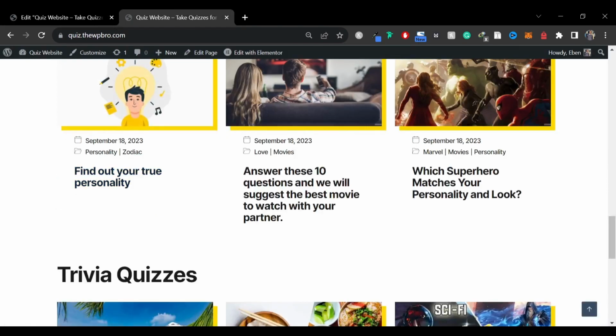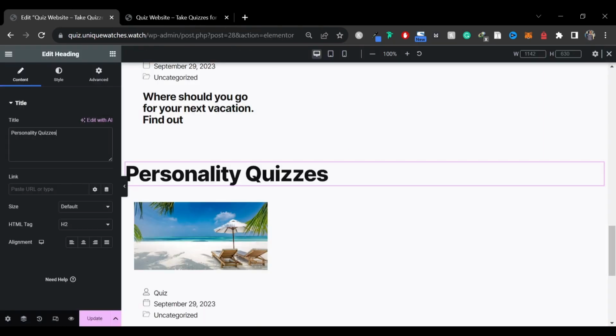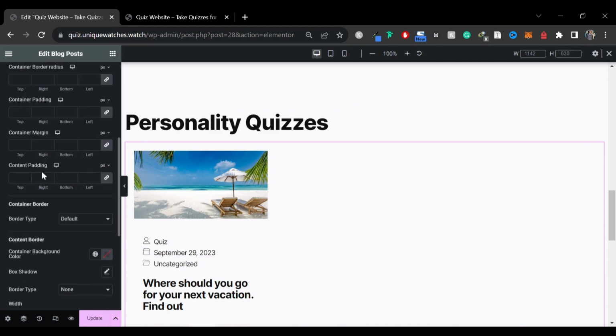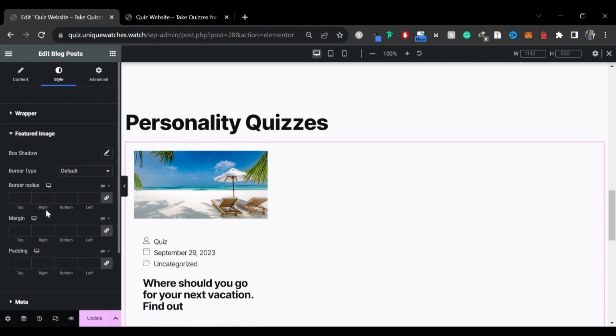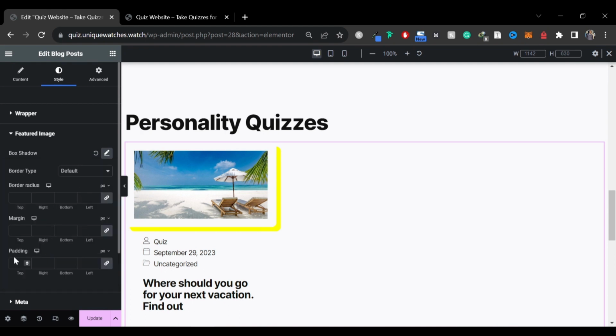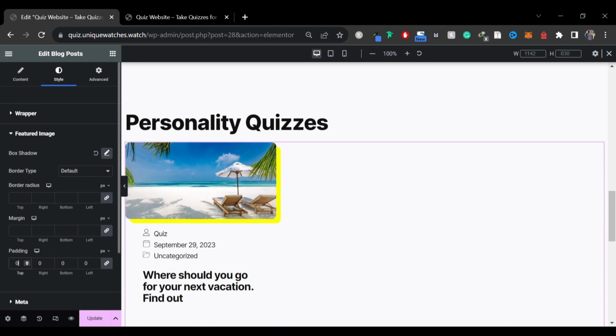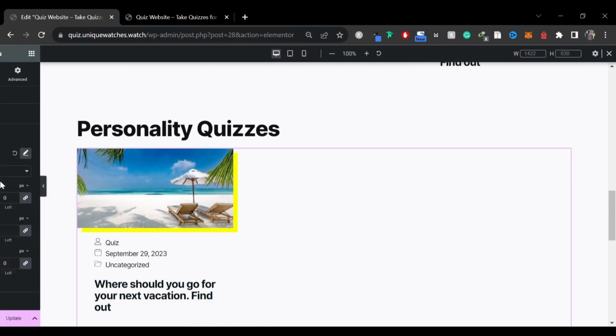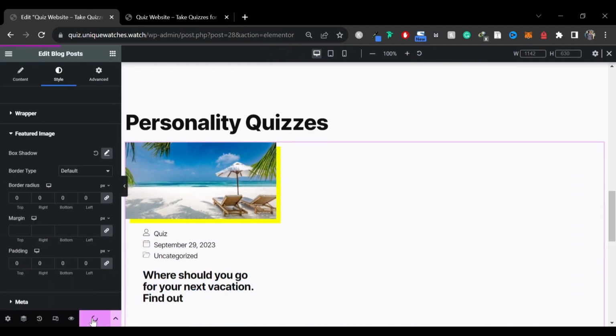For the next one, we're going to copy this, and we're going to paste it here. So let's edit these widgets, and we're going to come to style, and we're going to come to featured image. So right here, we're going to select this box shadow option, and all right, we're going to give it 10, and we can remove the padding, just put in 0 here, and the border radius also you can put in 0. So here we have it. This is the border for the featured image. So let's just update the changes,